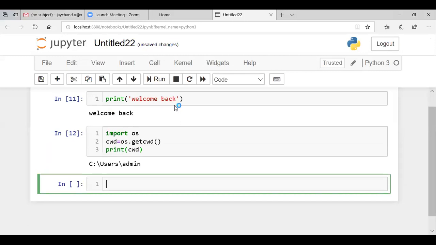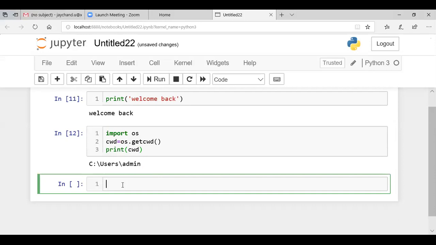So you can see that C:\Users\admin is the current working directory where Python is installed and we are doing the programming. Now, if you observe the folder names, it is shown with slashes.